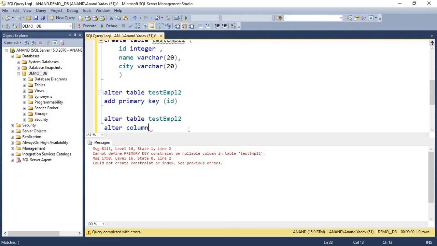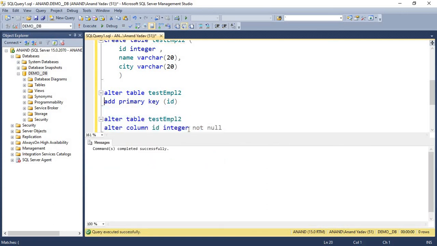We can do that with this command. We covered this in our past video, so you can go and watch that. Not null constraint: id not null, the data type is integer, and we are adding the not null constraint here. Now we have added the not null constraint to test employee2, and now we will try to add this primary key on the id column of the existing table test employee2.